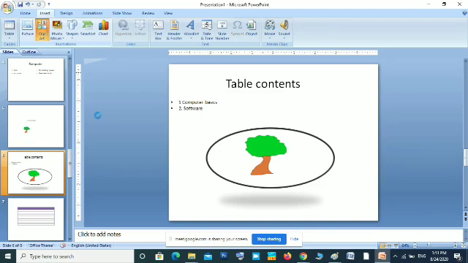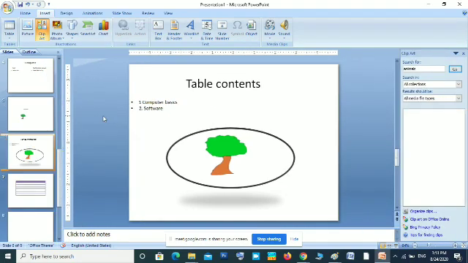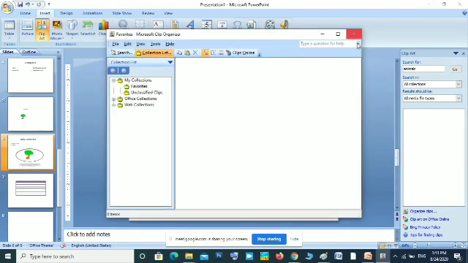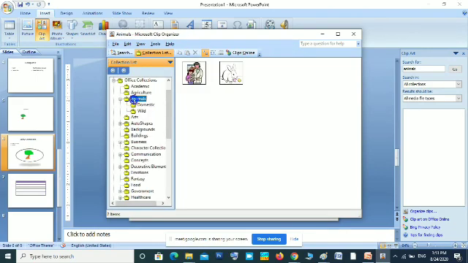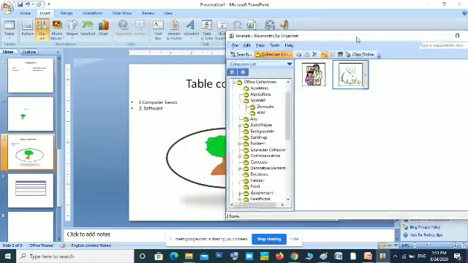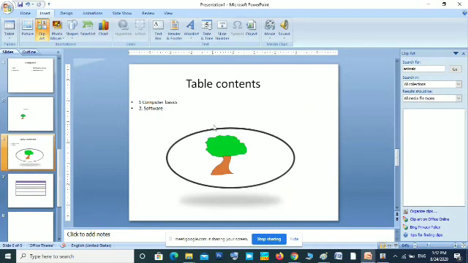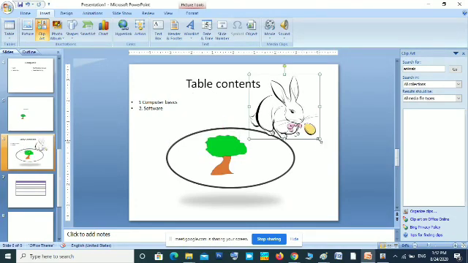Just click clip art, and whatever clip art is installed in your computer will be displayed here. Then select the clip art that you want to insert, and drag and drop. So the clip art is in your presentation.